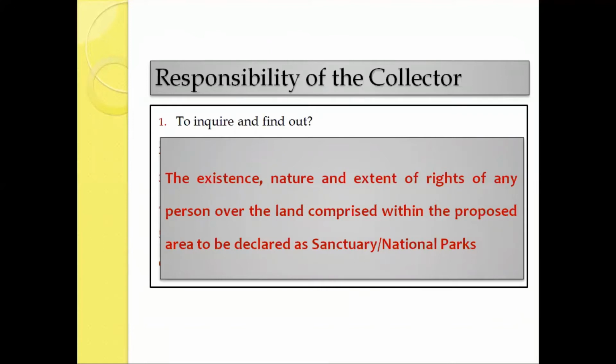The next question is, how will the collector perform this humongous task? He cannot go knocking on doors, right?